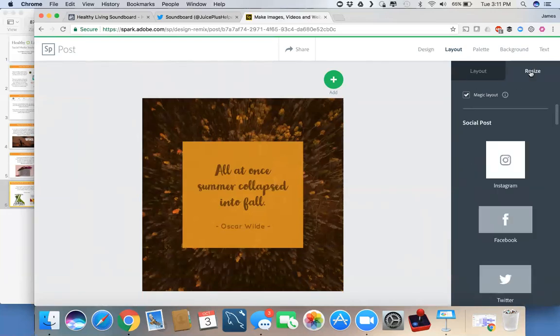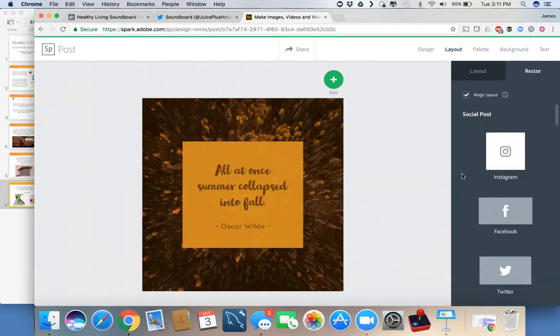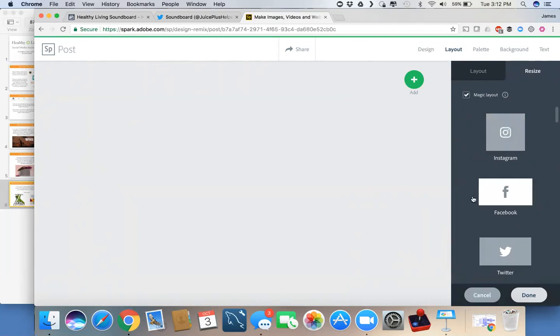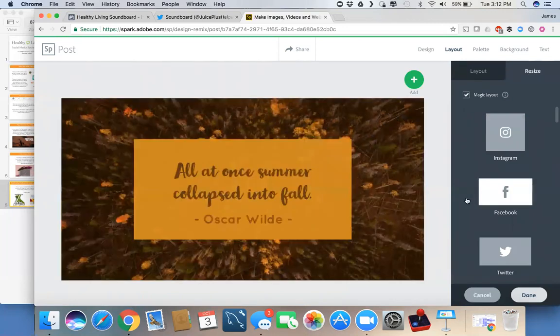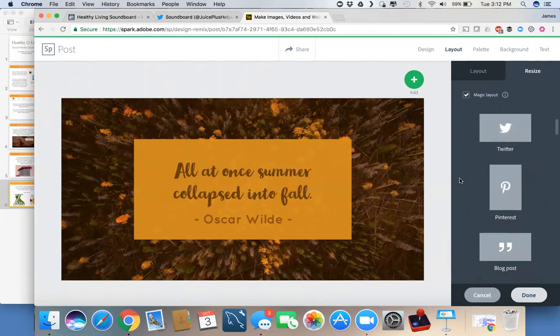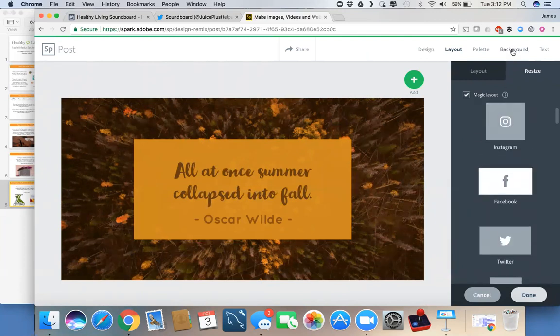But then this is what I find so helpful, again, is the resize thing. And so right now we've got this set for Instagram. But let's say we've been playing with this and we like it, and we want to make it our Facebook profile. All you have to do is switch it, and then the ratio is going to properly switch for you. I love this, the big Twitter banner background that's so hard to size with normal photos. So you can play with that, and then once you get your size set, we'll come over here and click